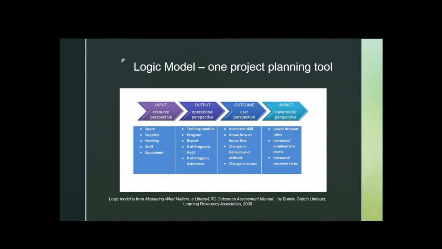And then finally, the last box on this logic model is the impact. And that is what they call from the stakeholder perspective. In the previous slide, it was worded like, what does that person knowing the 7 executive functioning skills do for the community as a whole or for a family? As you can see from the list on the screen, these things tend to be larger issues facing our community or just aspirations of our community. And so they really resonate with stakeholders.